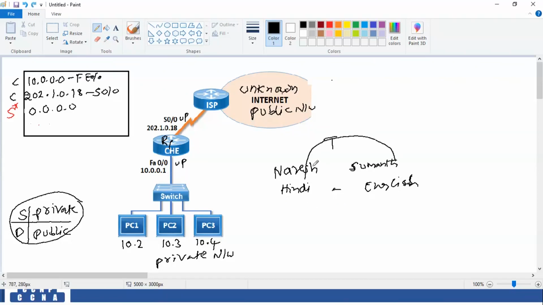So it means Naresh doesn't need to know English, and Sumant is not required to know Hindi. So we have a translator. Naresh will speak in Hindi only, but he can communicate with Sumant. Sumant will speak in English only, and can communicate with Naresh who speaks Hindi. The translator is doing that, right? Similarly,